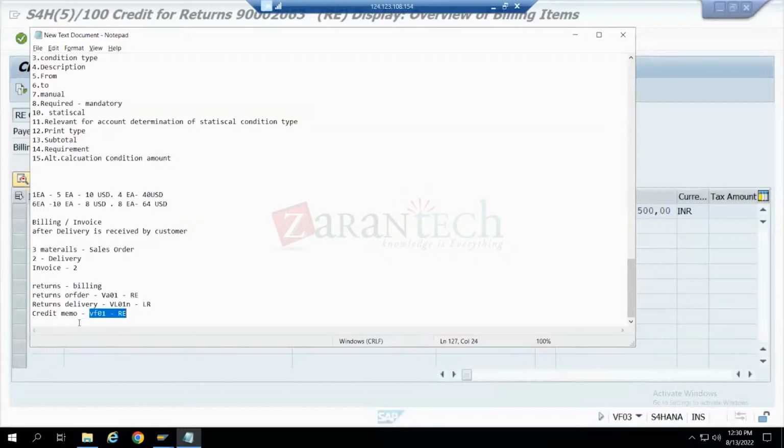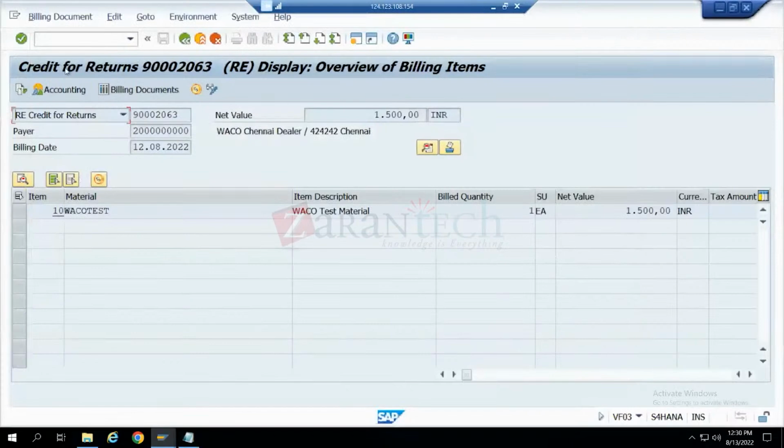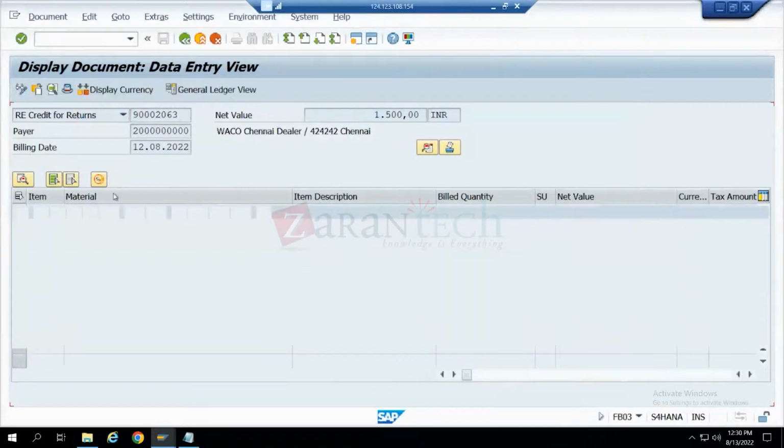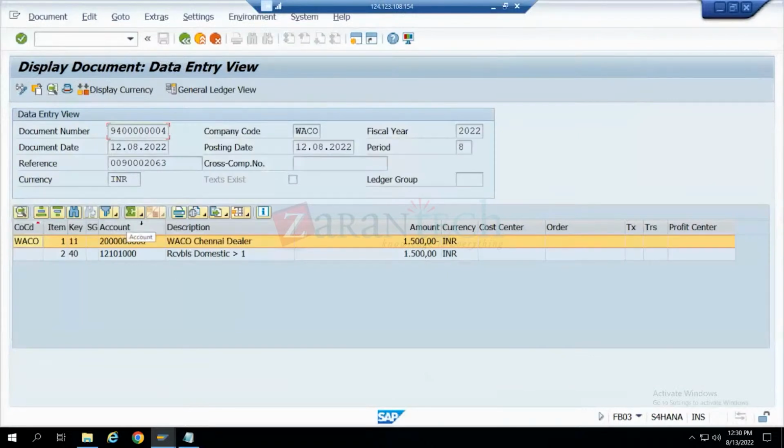VF01, enter the delivery number and then create credit memo. So this is credit for returns. Credit for returns will be given to him. It is called a credit memo. Now the value of this material, this price, will be received by the payer. If you see the accounting of it, it will be reversed. Domestic receivables will now be debited